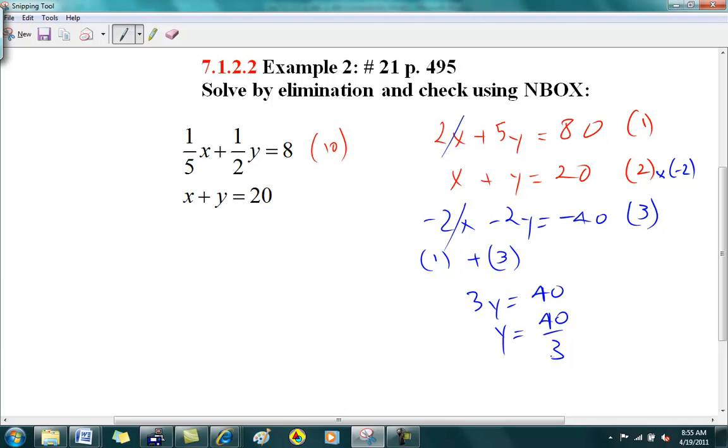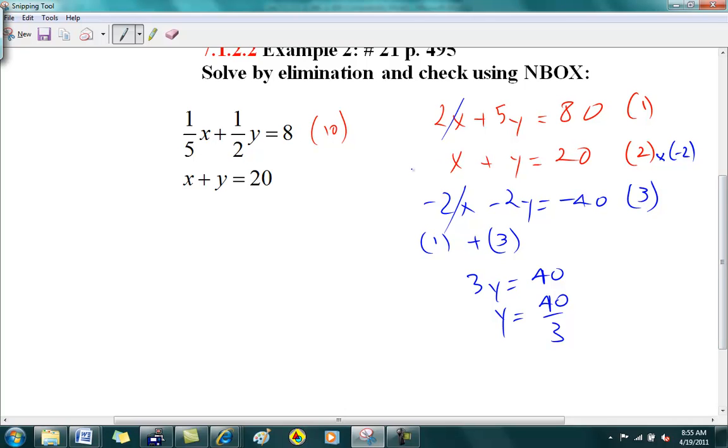Let's make sure this is okay before I proceed. So that's -2x minus 2y equals minus 40. If I add the two, I get 3y equals 40, and y equals 40 over 3. Now to get x, it's probably best if I use this equation. If I use this equation and plug in y equals 40 over 3, I get x plus 40 over 3 equals 20. So x is equal to